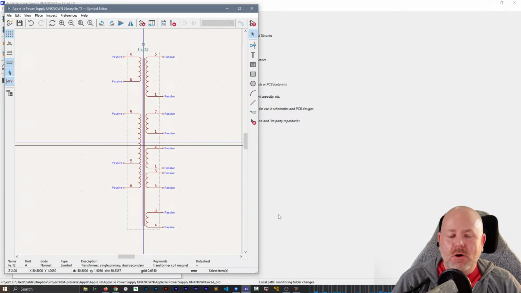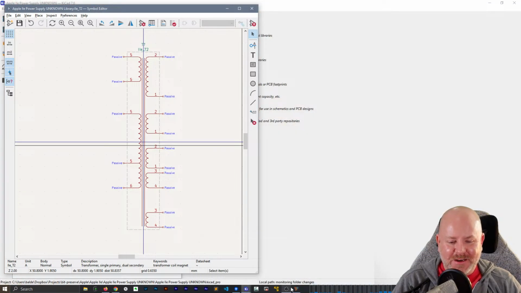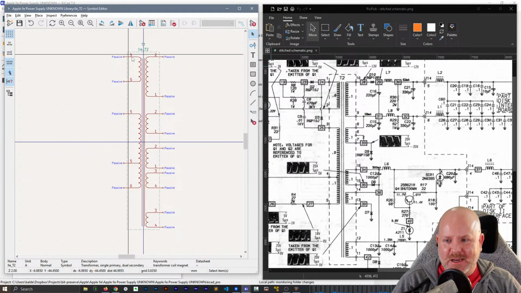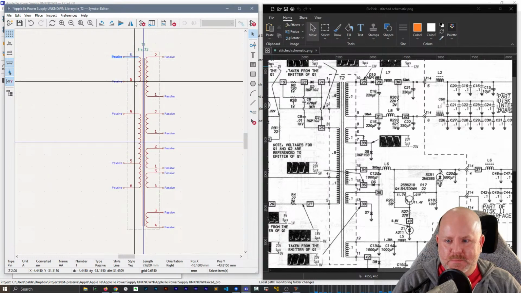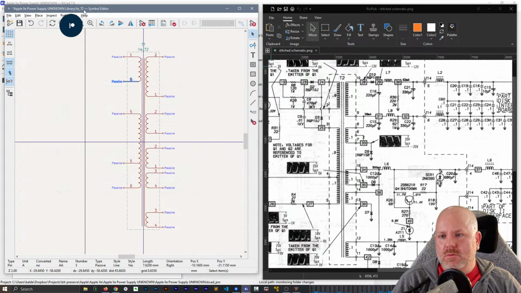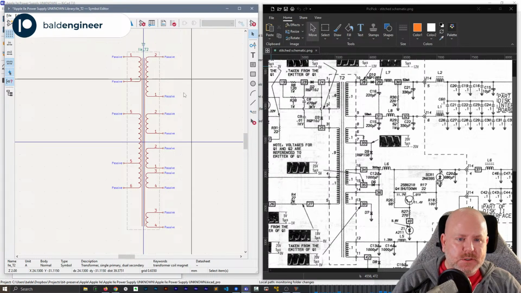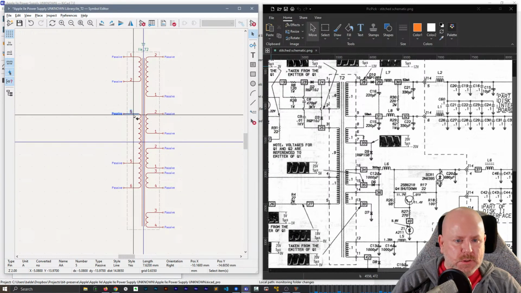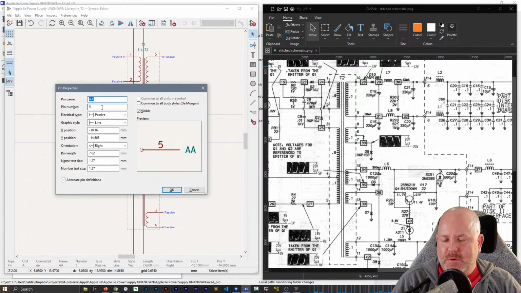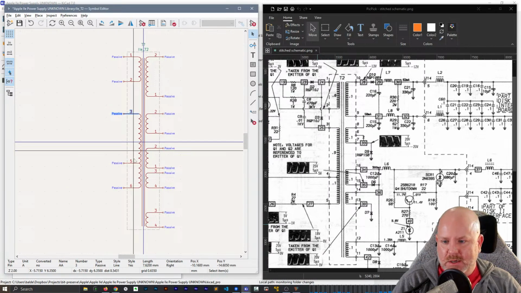Okay, so we got. Oh no, shoot, dummy. I was going to say, okay, we've got our thing done. You know what I forgot to do is actually assign any of the pin numbers. So let's go pin 1. Oh. You know what we need to do? I'm going to do this. Okay. Here's what we're going to do. I'm going to do 1, 2, 3. I'm just following the schematic over here. 1, 2, 3, 4, 5,